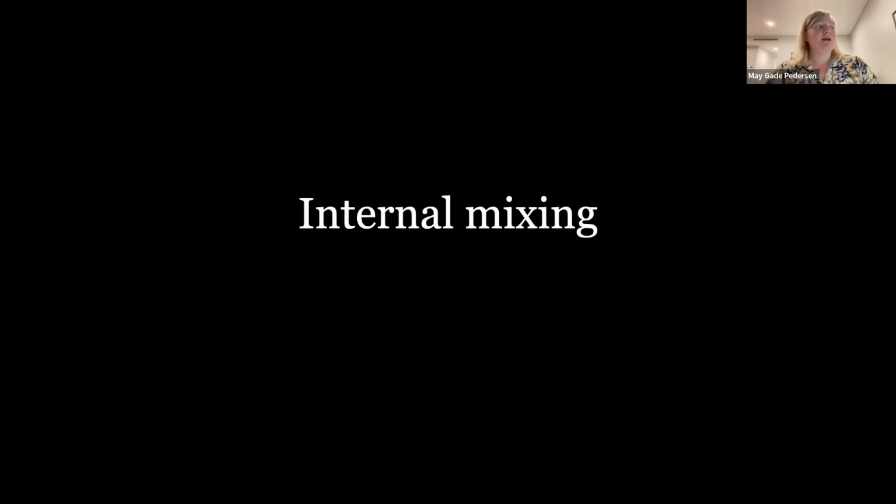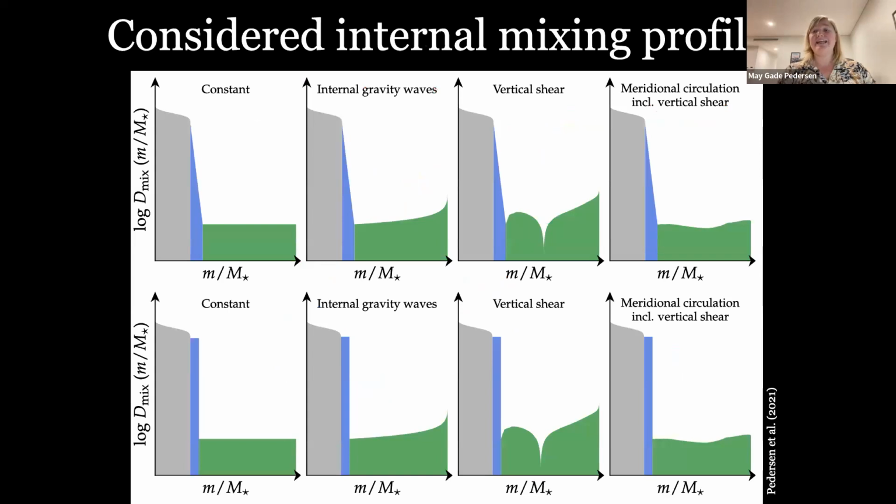these stars are. So as the first step, I'll show the internal mixing profiles. For this step of the analysis, we considered a total of 8 different interior mixing profiles, which consists of 2 different choices of the convective boundary mixing. The top row of panels shows you the case where we assume the mixing is decreasing exponentially as we move further away from the core. The second row corresponds to the case of convective penetration, where we're assuming that the mixing stays constant throughout this extra convective boundary mixing region.